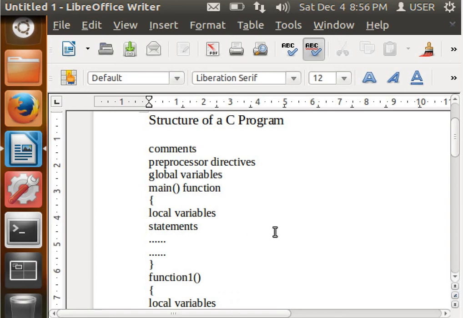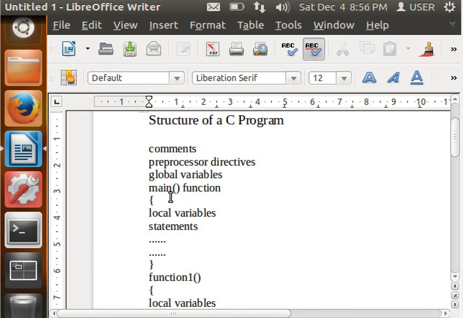After that, a C program will have a main function, which is necessary. Execution of a C program starts from the main function itself. If our program has only one function, it is exactly the main function. If our program contains more than one function, then other than the main function we will have user defined functions, and we can declare and define those functions.